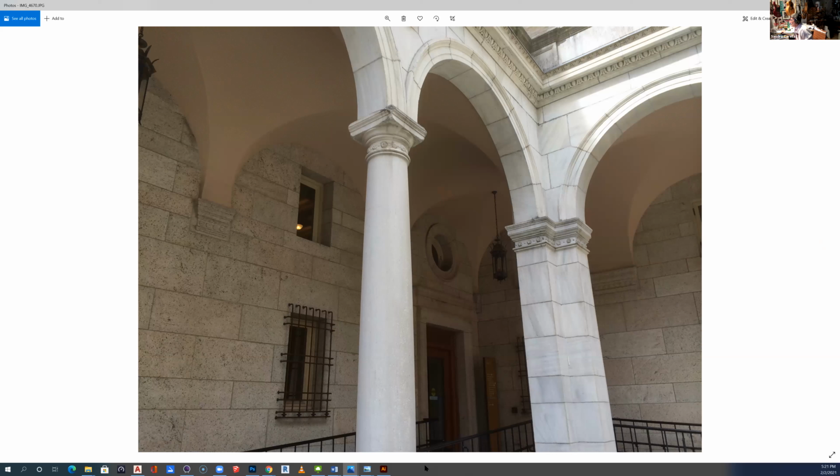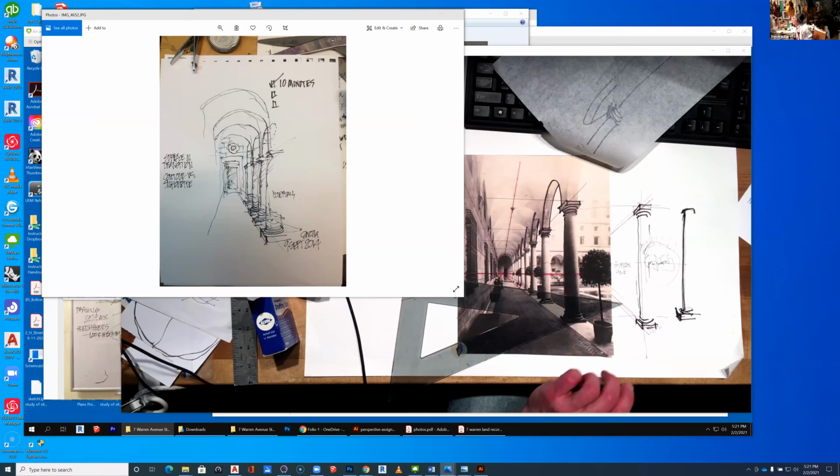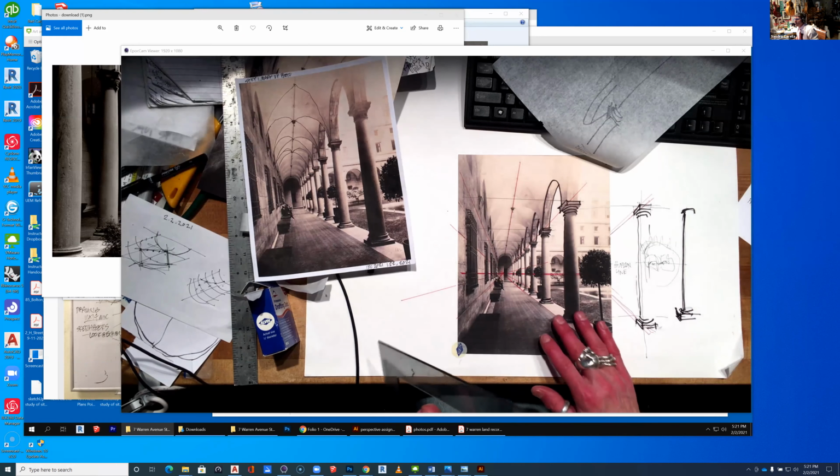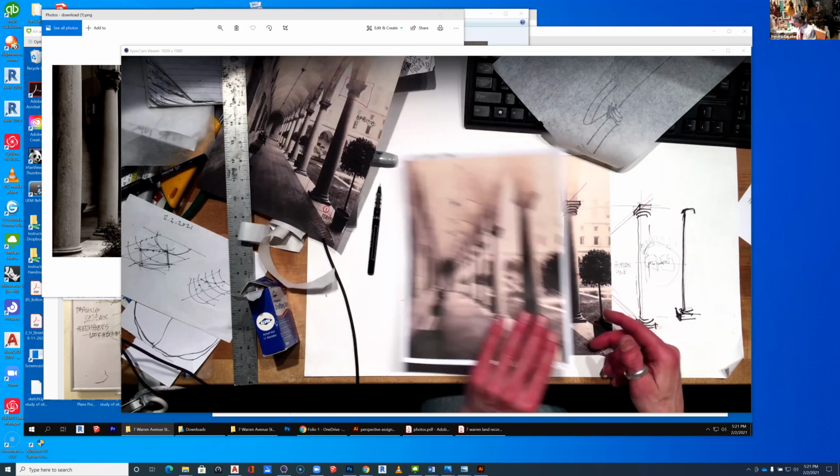So don't worry if we don't get directly what I'm describing right now, but you will be able to recognize it in the drawing. So in the drawing, in the photograph,